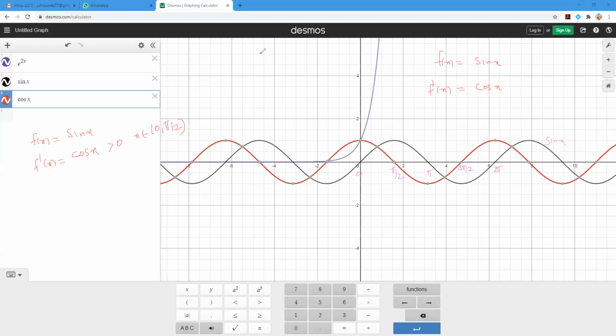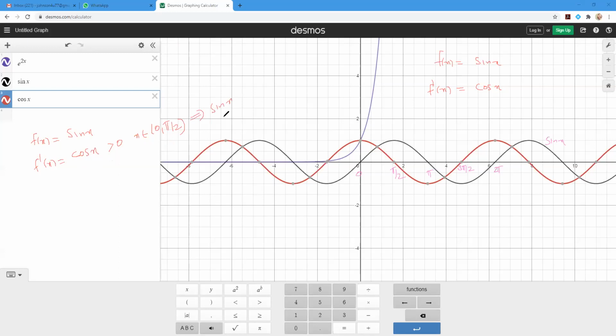Look at the graph. In the graph also we see that for 0 to pi by 2, cos x is positive. You can see this is the graph area, because cos 0 is 1, then cos pi by 2 is 0. So the value of cos is decreasing from 1 to 0, but it is positive only. That means f dash x, cos x, is positive when x belongs to 0 to pi by 2. So from this we can say that